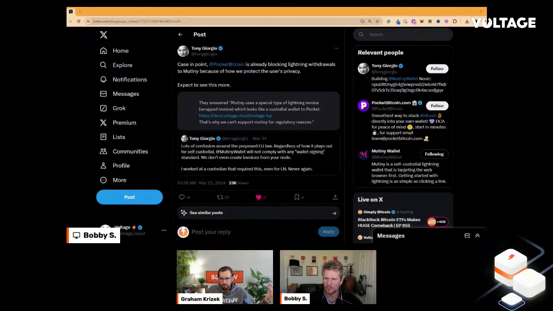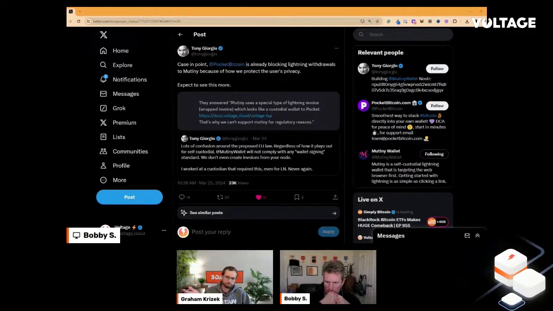Because if we have a service where no service provider would ever know sender, destination, amounts, anything like that, there's no way you can comply with any laws because you literally don't have that information. And so that's why it's important to build a lot of the privacy tech at the lowest level, because if it's in the decentralized part of the network, then there is no one that has the ability to take away that obfuscation from the payments or anything like that. So doing things on a protocol level is very important for that reason.